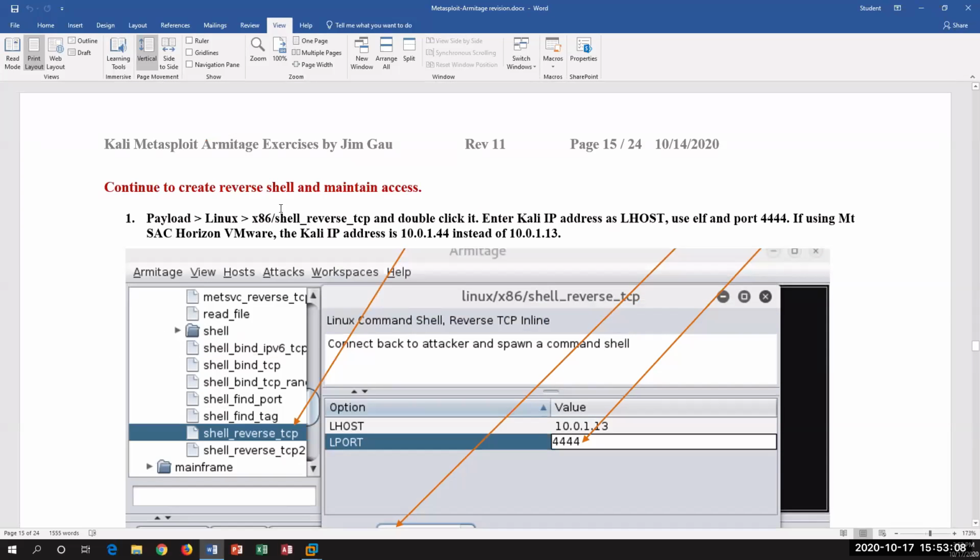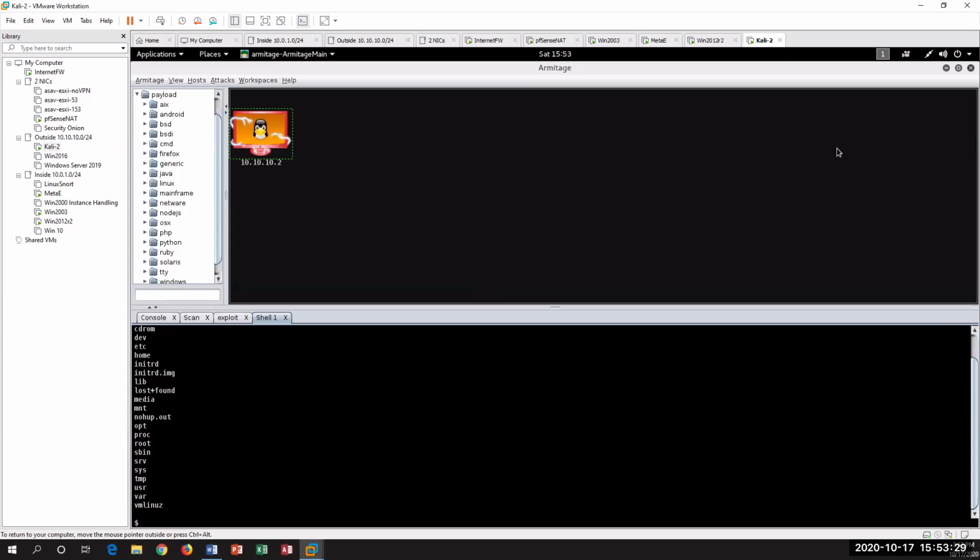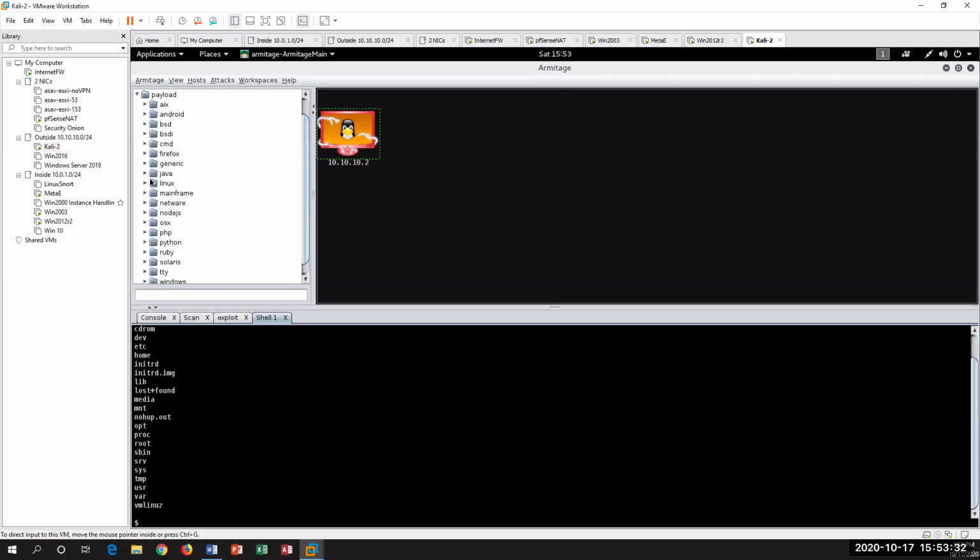Let's load here. This is to create a reverse shell. So we're going to go to payload, Linux, x86, shell reverse TCP, and then create a file. So we're going to do that again in here through the internet or through the outside network. So we can make it bigger so we can easily see the payload, and then we're going to the Linux, open it up. Under Linux is x86, and then it's the shell reverse TCP in here, right? And then if we double click it,